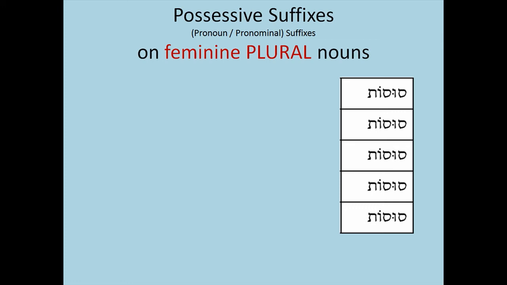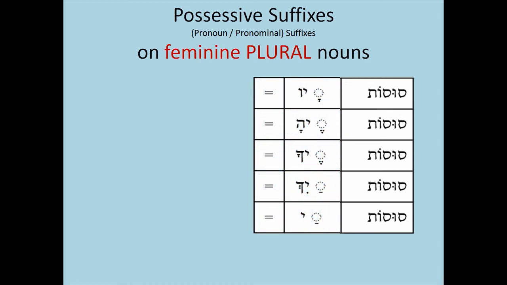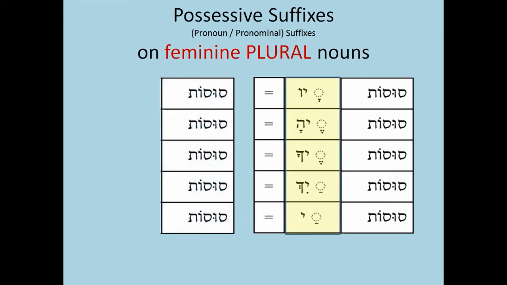Now, these same suffixes will also be attached to plural feminine nouns, and the plural ending for nouns is ot. Okay, the holem vav and the tav. Right here, this is the plural ending for a feminine noun. So the suffixes don't change; it's just what they get attached to, what the form of the noun is. So sus o tav would be our first